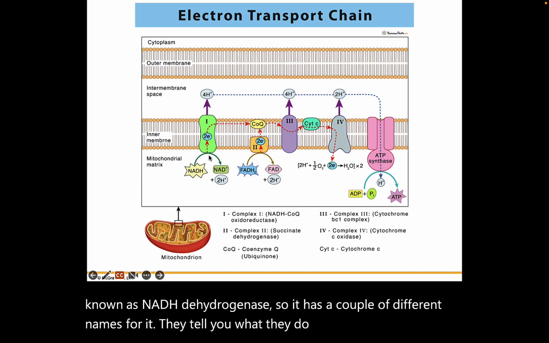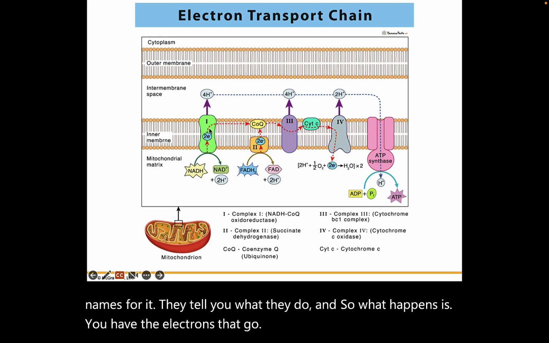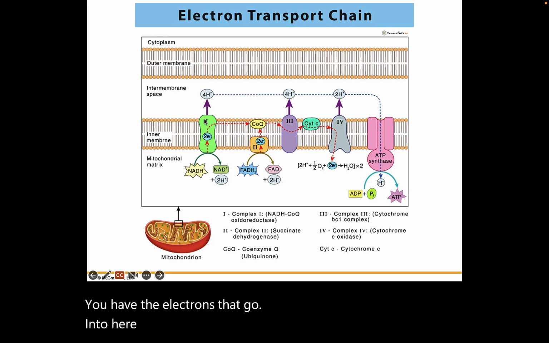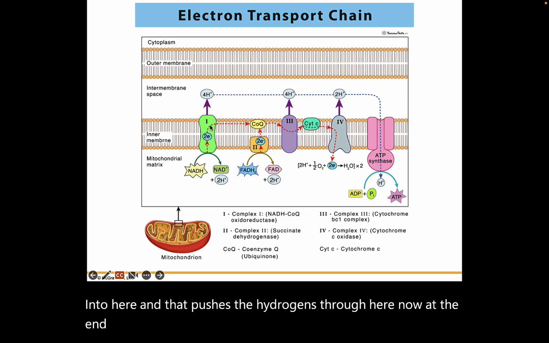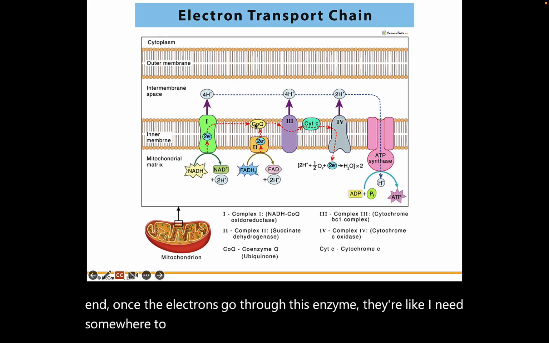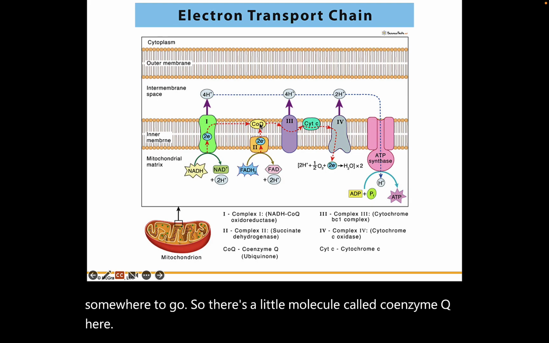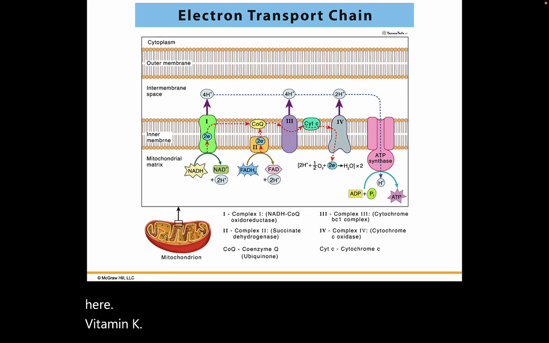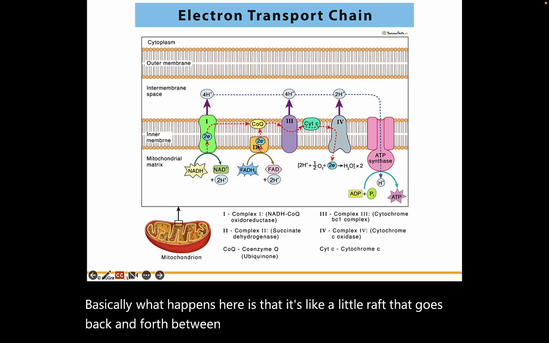And so what happens is you have the electrons that go into here, and that pushes the hydrogens through here. Now, at the end, once the electrons go through this enzyme, they're like, I need somewhere to go. So there's a little molecule called coenzyme Q here, vitamin K. And basically what happens here is that it's like a little raft that goes back and forth between 1, 2, and